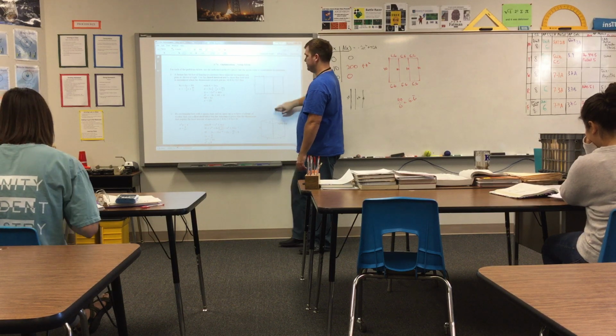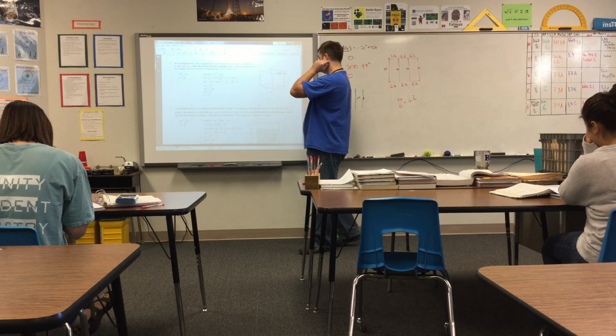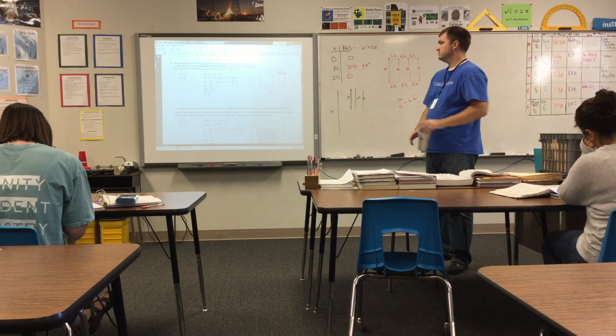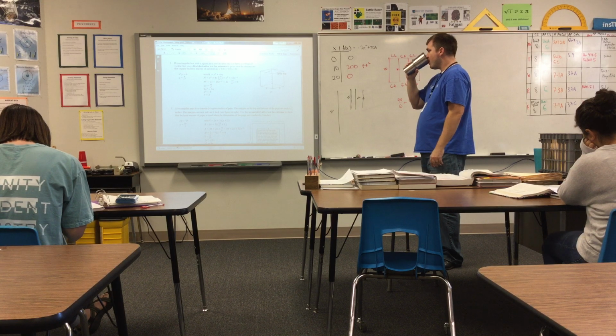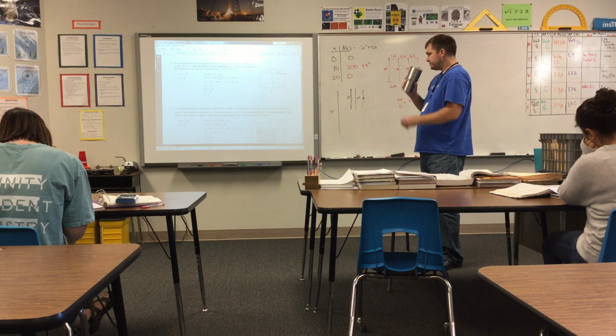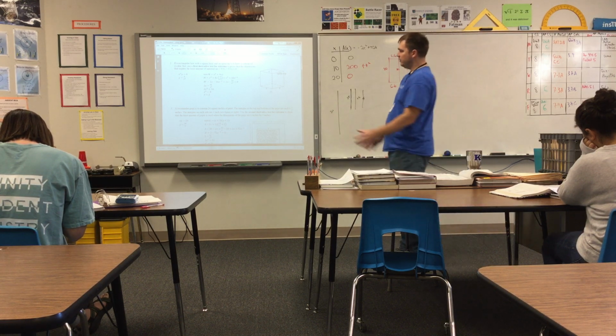Levi, go ahead and read that off to us, number 2. If a rectangular box with a square base and an open top is to have a volume of 4 cubic feet, use the first derivative test for extrema to prove that the dimensions that require the least amount of material are 2 by 2 by 1. Okay. So, we want a box